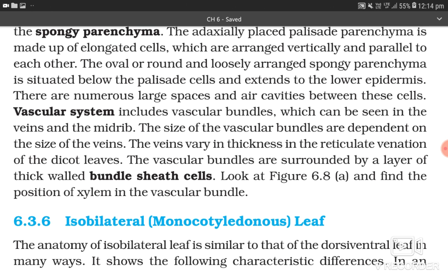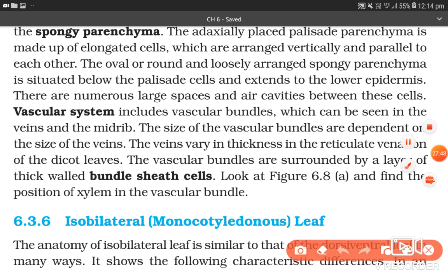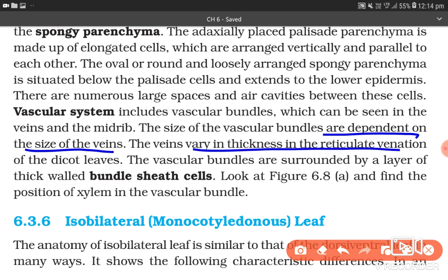Vascular system includes vascular bundles which can be seen in the veins and the midrib. The size of vascular bundles is dependent on the size of the veins. The veins vary in thickness in the reticulate venation of dicot leaves. The vascular bundles are surrounded by a layer of thick wall